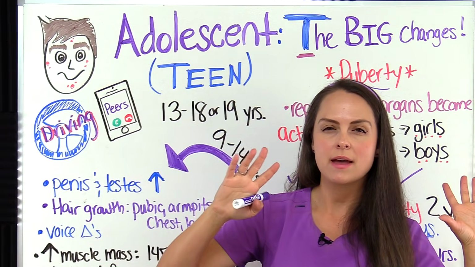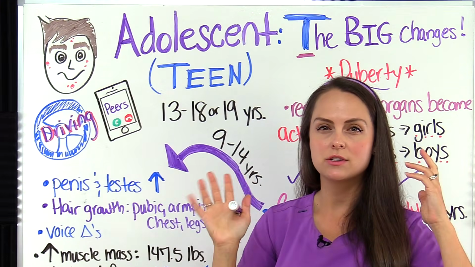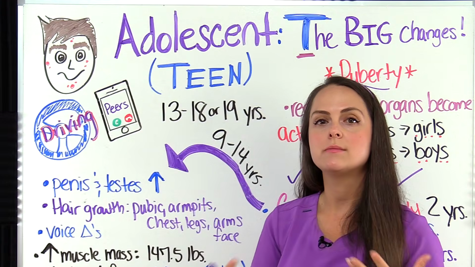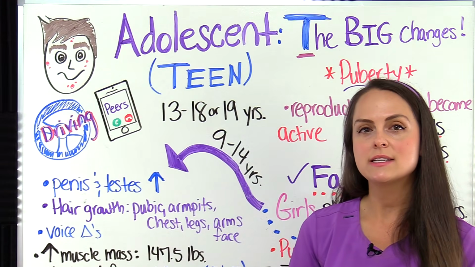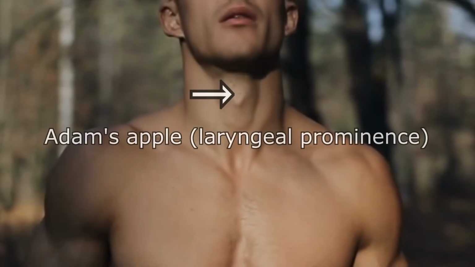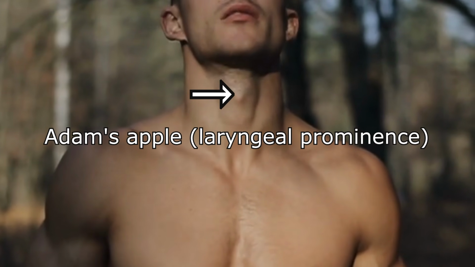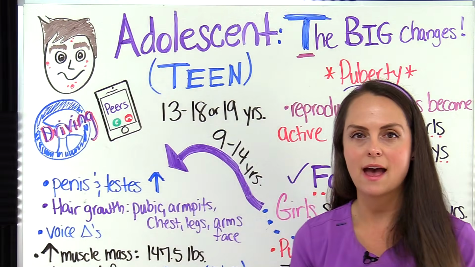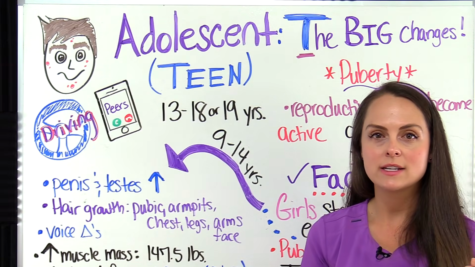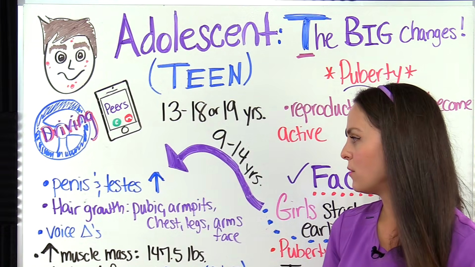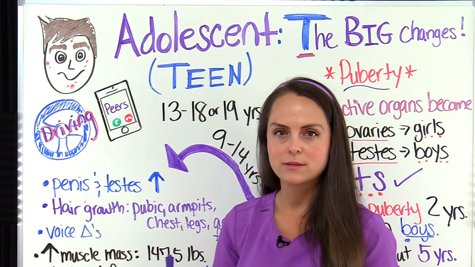So at first it may sound like that boy's voice is just squeaky and starting to crack, but as time goes on, it will start to become deepened. And you can actually see these changes because the larynx on the throat will start to increase in size, and we refer to this as the Adam's apple. So you can start to see that. Now the larynx does increase in size on girls, but it's not as prominent as it is in boys, and that's just telling us that we have voice box changes.